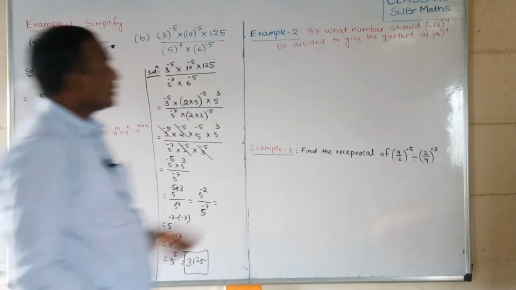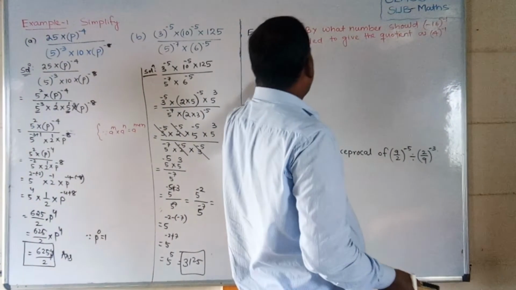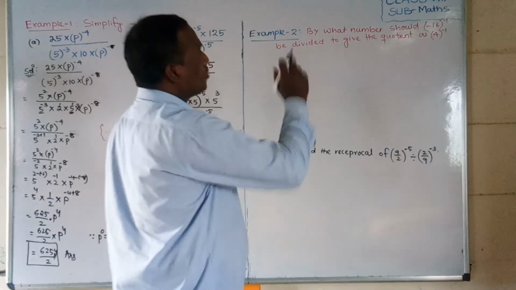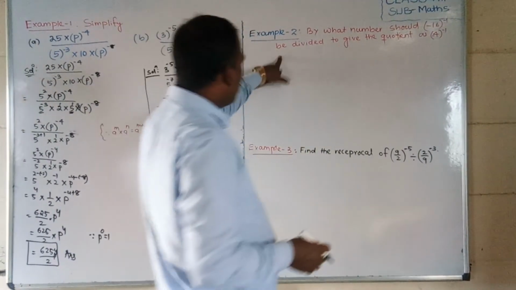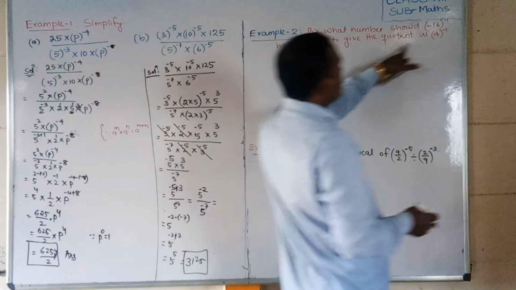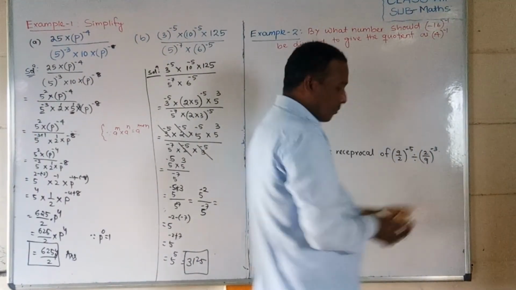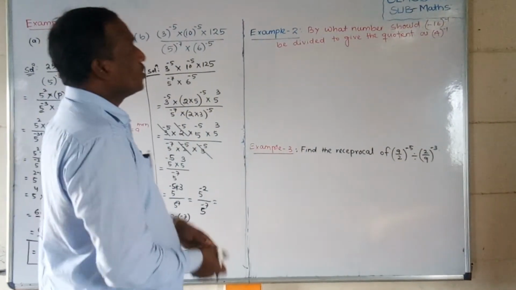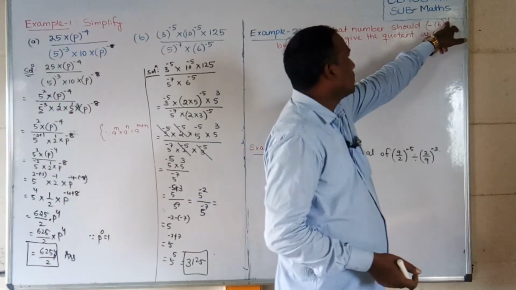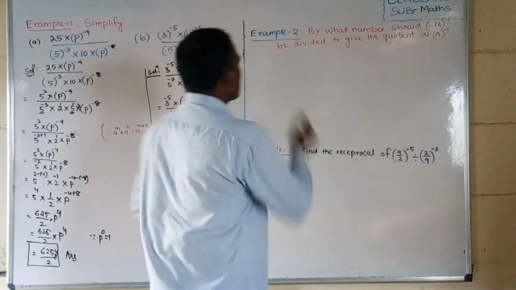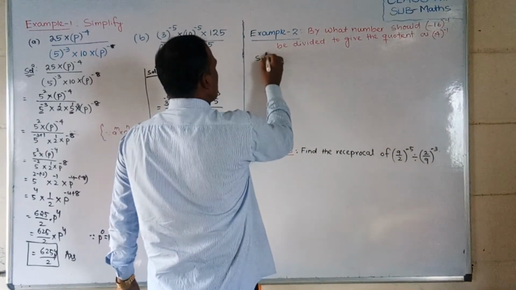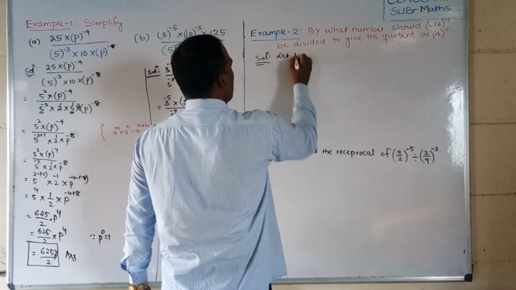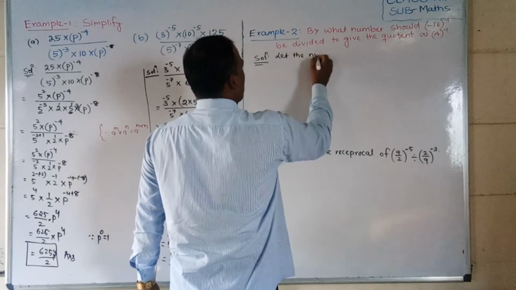Now students, in the next question, example 2: by what number should minus 16 to the power minus 1 be divided to give the quotient minus 4 to the power minus 1? So how should we do this? One number should be divided into this and we will get this answer. So, solution: students, understand very carefully. Let the required number